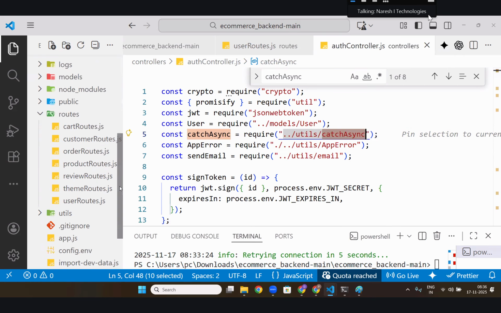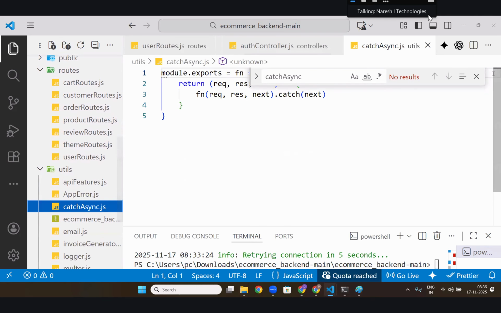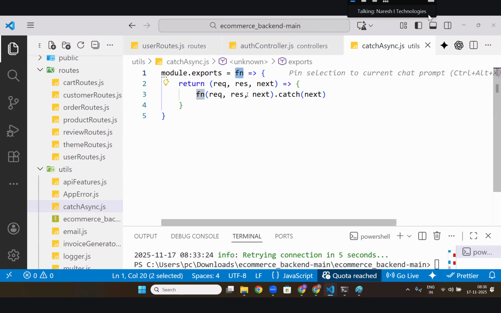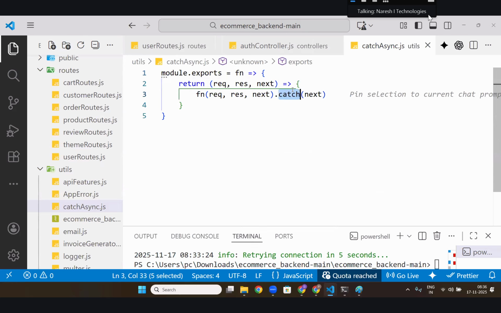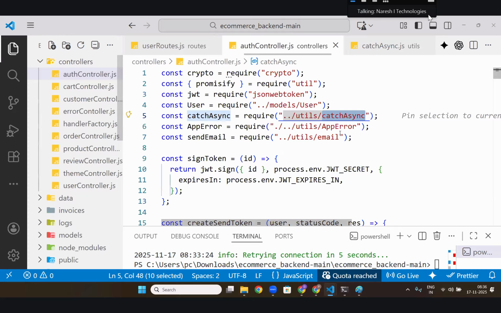So he created one function called catch async, his own function. What is this catch async? What will it do, sir? It will just take one function, and it says that if any errors are there, it will go to the next one. Simple. It will take the data, but it will not stop. If errors are there, go to the next one. He created his own function and started using it everywhere.